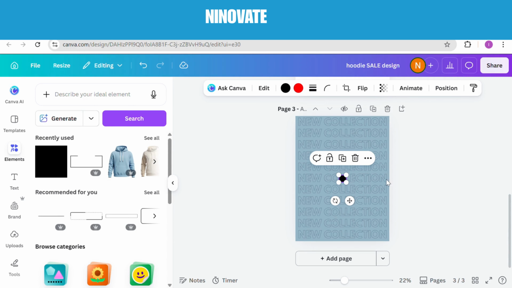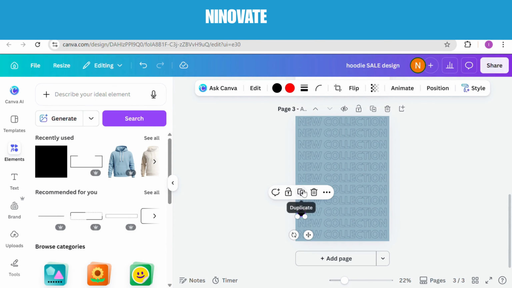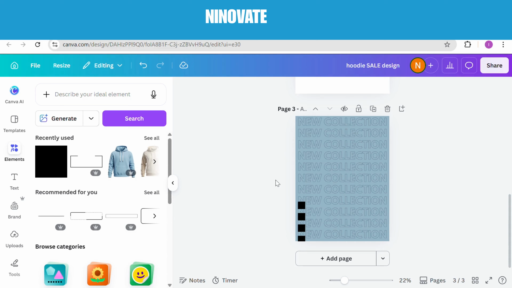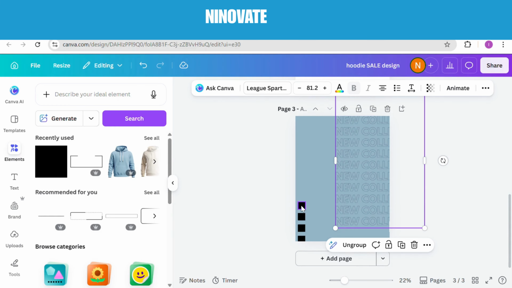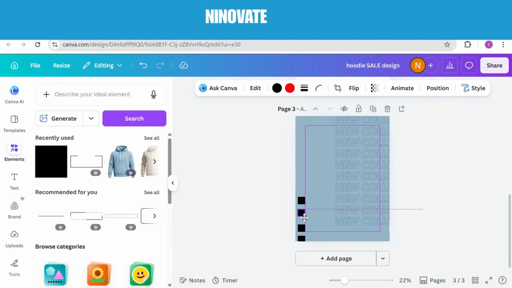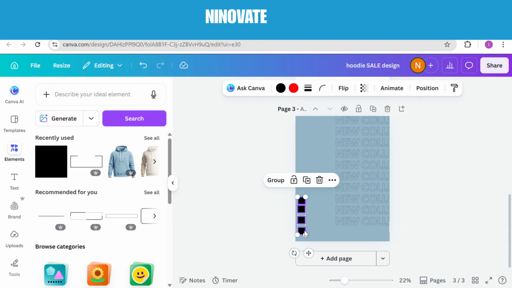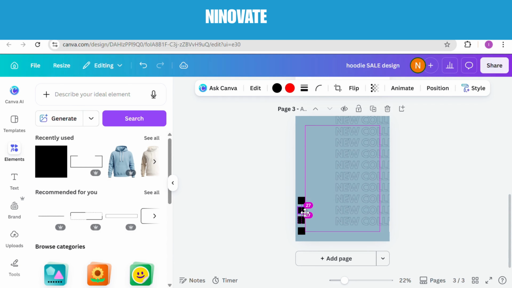Go to element and search for shapes. Reduce the size of your shapes and duplicate. So I'm duplicating the shapes because I'm trying to change each color to the shades of the outfit I'm advertising. So position your shapes rightly, trying to arrange the shapes properly. And once you're done arranging them,